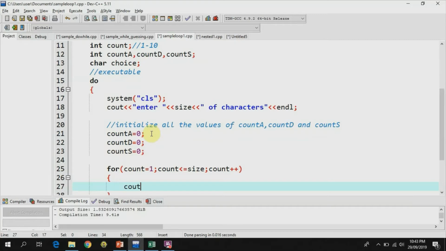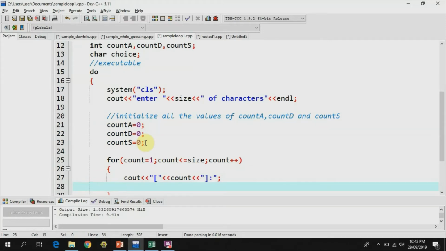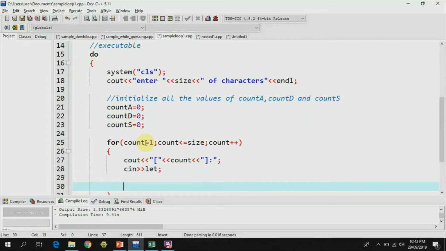Then I'm going to just display cout so that we can display 1 to 10. Count, colon, semicolon. So this will display repeatedly from 1 to 10, and then our value let semicolon. So once we input the let value or the character value, let's say for example, I input A, or I input 1,